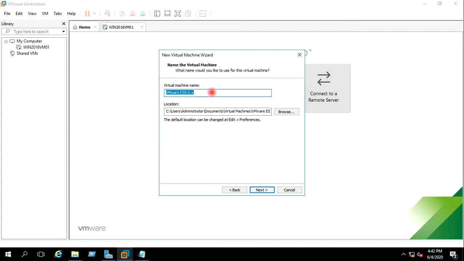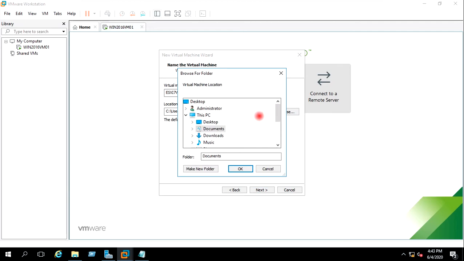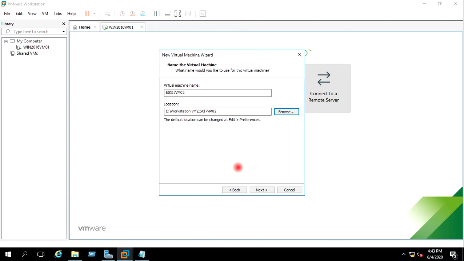Virtual machine name ESXi 7 VM02, and I will browse to the folder which I had created previously, E drive, VMware Workstation, ESXi 7 VM02. Okay,